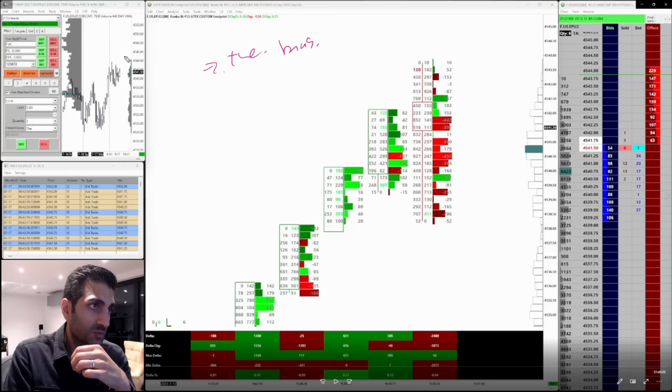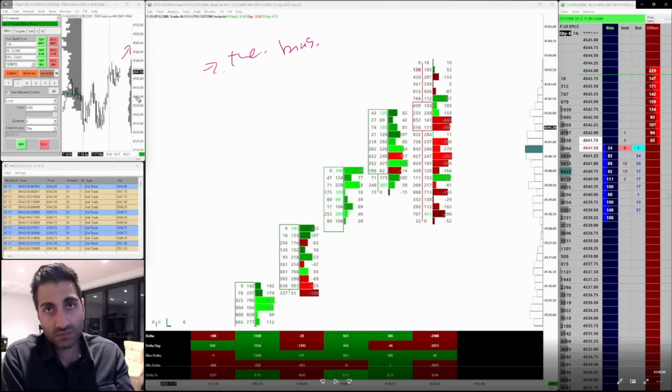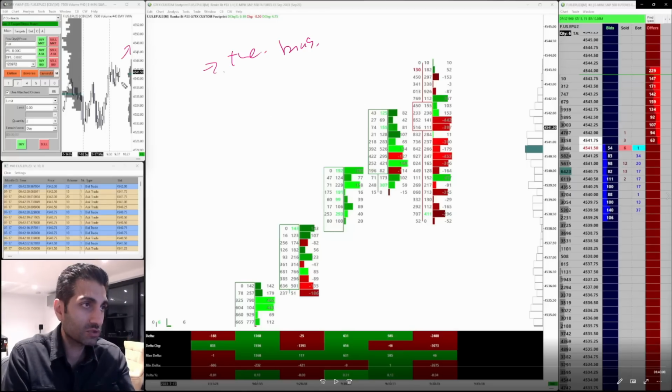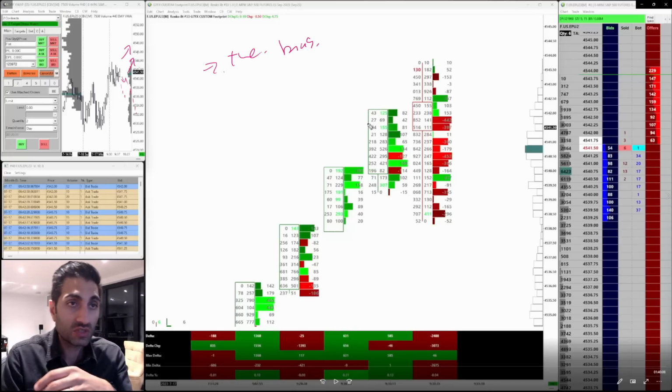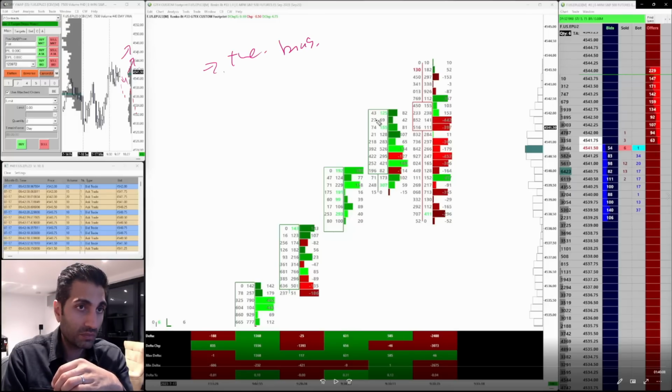So really expecting this market to go up, and the thing is, I don't know how much the market's going to pull back, right? Will it pull back to here? Will it pull back to here? Will it have hardly any pullback and then go further? I don't know. Okay, and that's where looking at transactional data is going to help me.